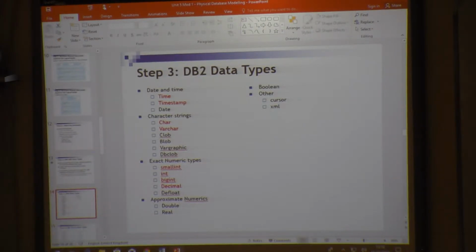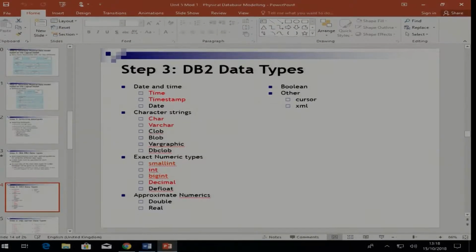Now there's a bit of information about the DB2 data types. They have date time information which is captured by time or timestamp and date. Then there are character strings like char, varchar, clob, blob, dbclob. Then there are exact numeric types: smallint, int, bigint, decimal, dec, float. Then there are approximate numerics. Then there's also Boolean and cursor and XML,